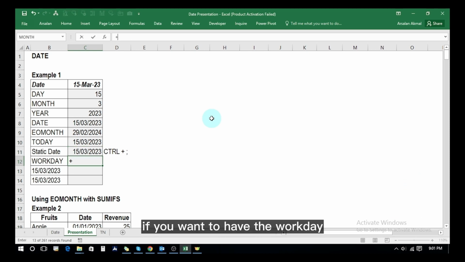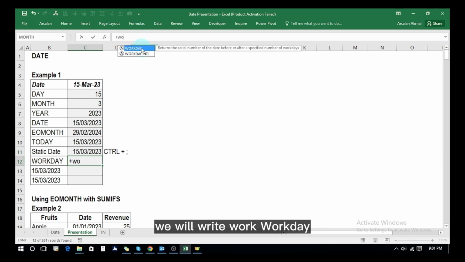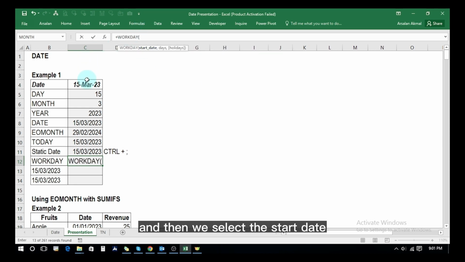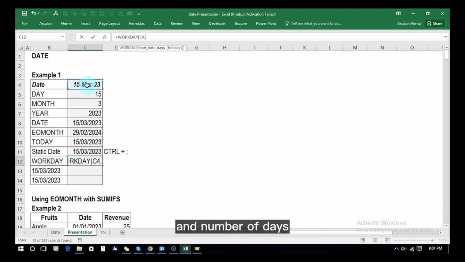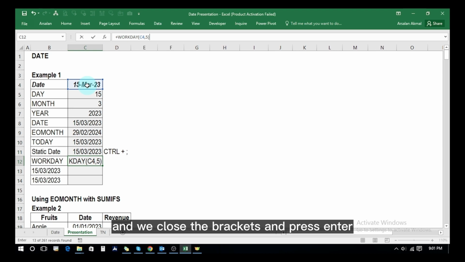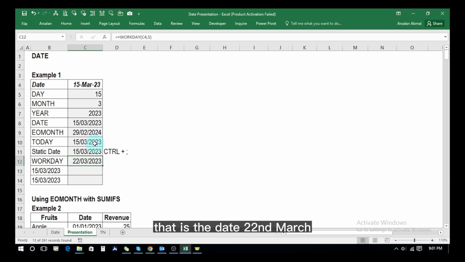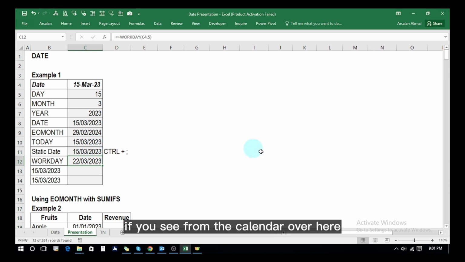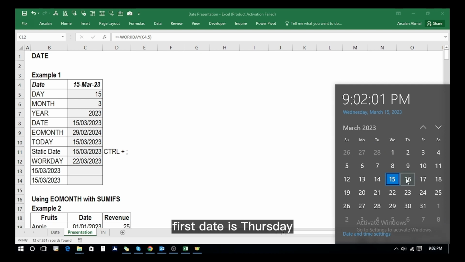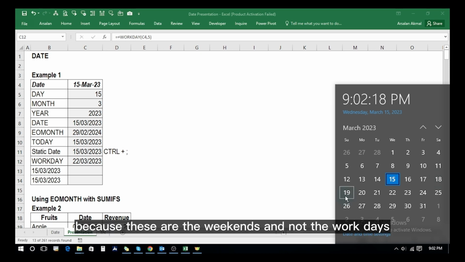For instance, if we want to have the work day, we will write WORKDAY, select from here and then we select the start date and number of days. For instance, we say 5 days and we close the brackets and press enter. So it is going to give us the work days, that is the date 22nd March. If you see from the calendar over here, first date is Thursday, Friday is 2nd, then 3rd is 20th, 4th is 21st, and 5th is 22nd, and it has excluded the 18th and 19th because these are the weekends and